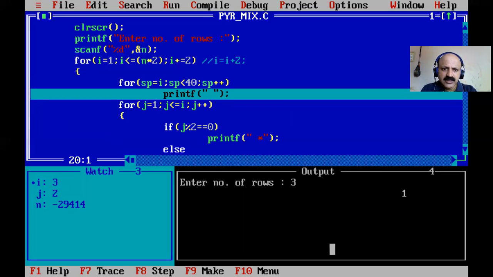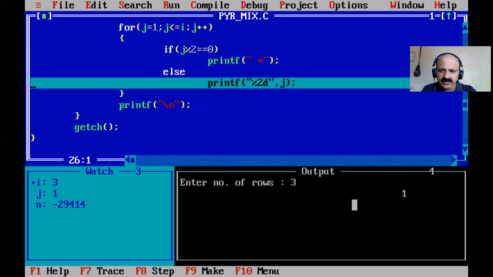I think now we are near our goal, and now it is perfect.